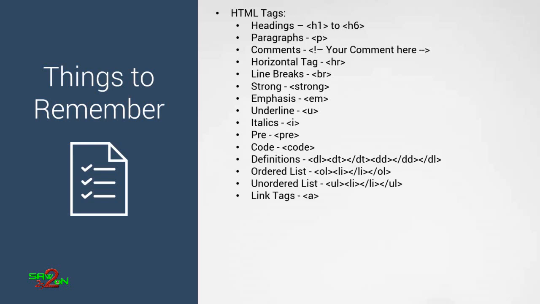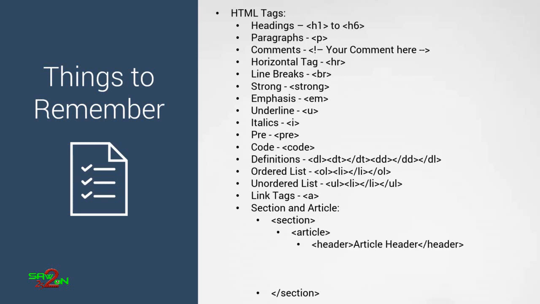We have created different pages and we have linked those pages. Also, we have created an external link where, when you click a link, a new browser tab will open and then the link is opened. And also we have created links within the pages as well. Then we looked at section and articles, where we looked at the format of a section. A section has an opening and closing, then you have articles in it which have a header, paragraph and footer in it. Alright, so those are the things we have looked at in this section, that is the introduction to HTML.